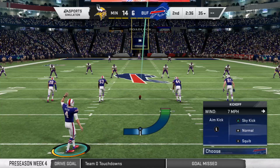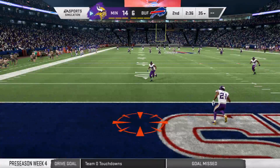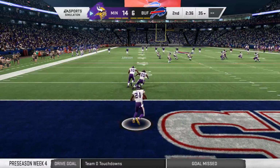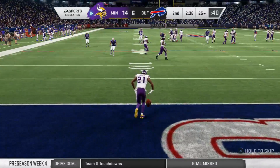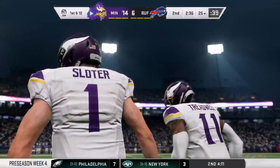No problems in the field goal department so far. He's 2 for 2. Pretty reliable here in this game, isn't he? And to me, that bodes well for them. If they need him late in the game, his confidence should be sky high. And no run back here. This will be a touchback, and it comes out to the...